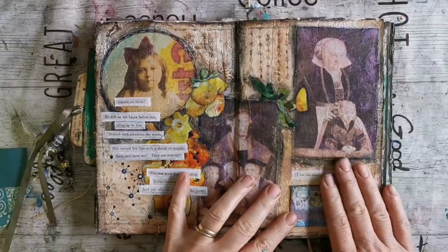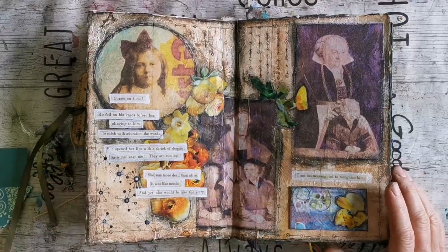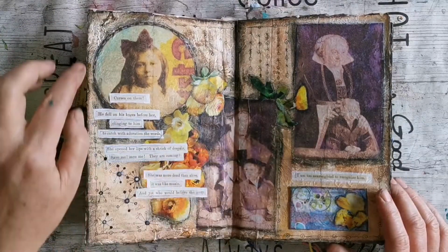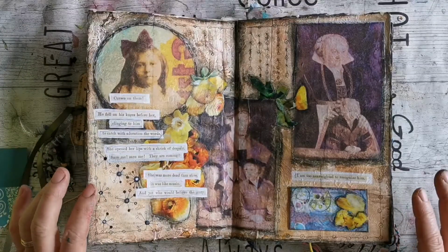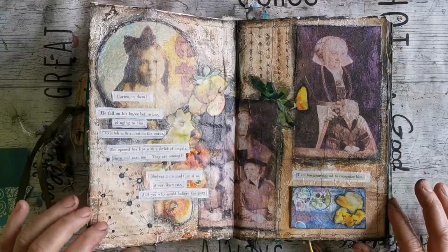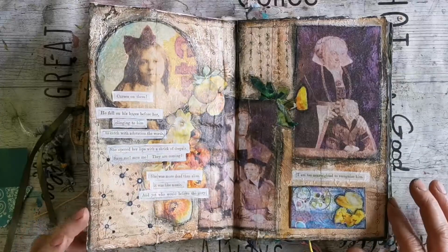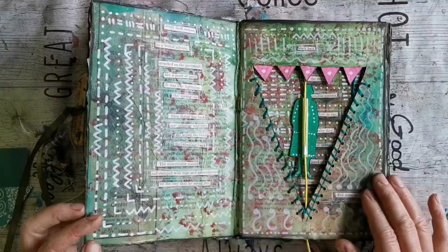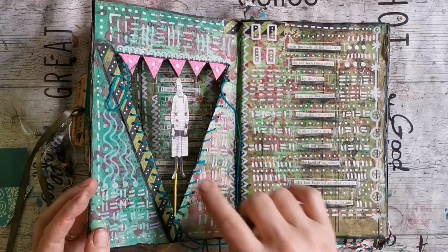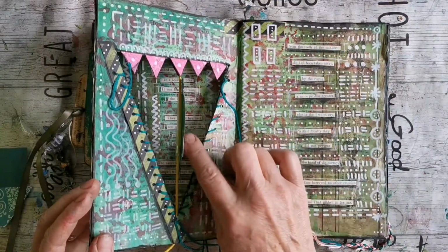This is the original page in the book that I started. This book was originally going to be all transfers, so these are all transfers. I didn't like this page, so that's why the book got left for ages. Now I'll live with that page in the book. Double spread with a little figure on there,